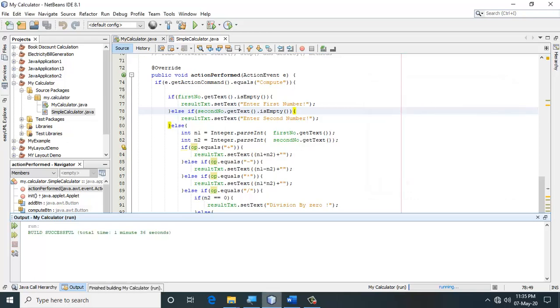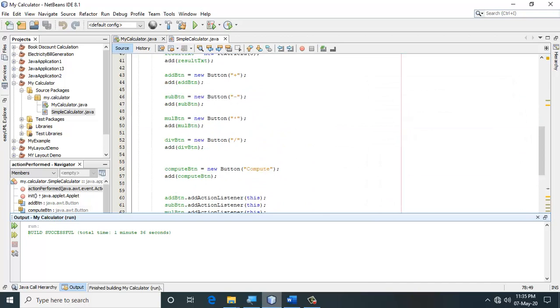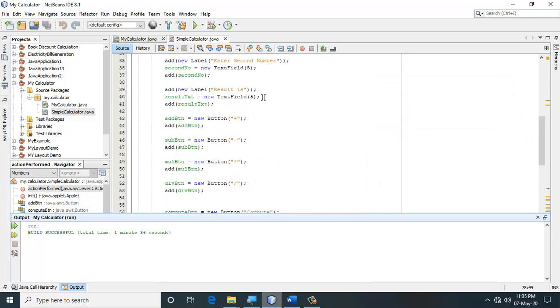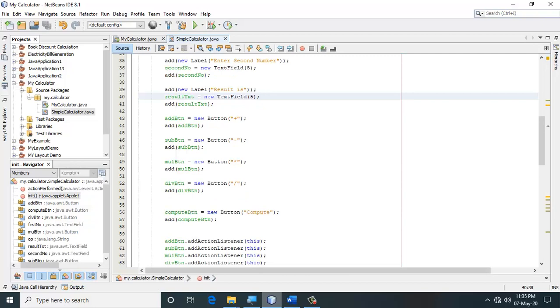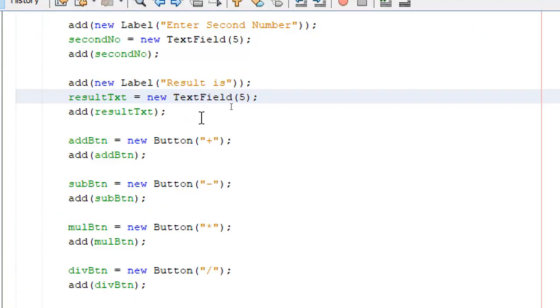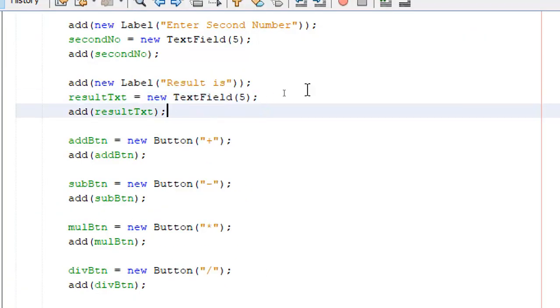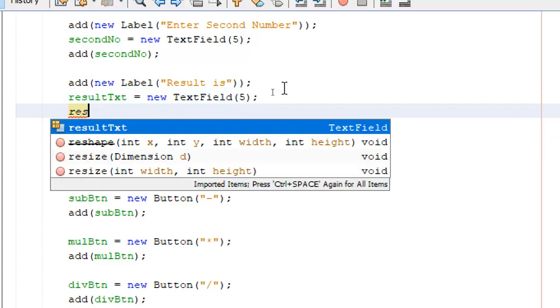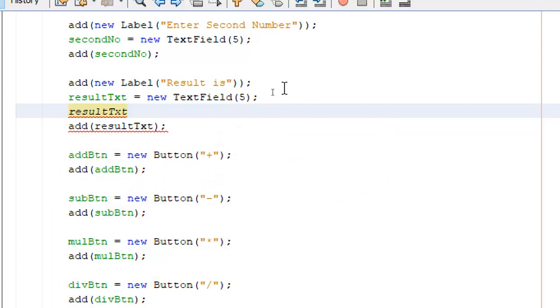I'll close this, go back to where I created my result text box. You notice over here, I created it here. Anywhere you can do it. So I created that result text box, and immediately I will say result text box set editable